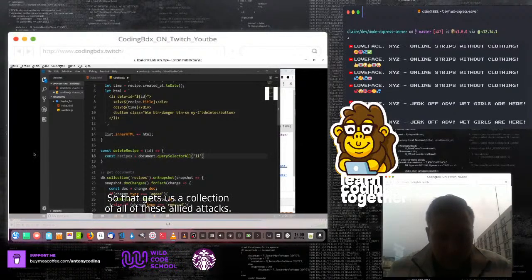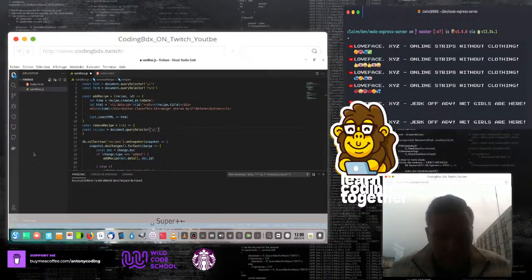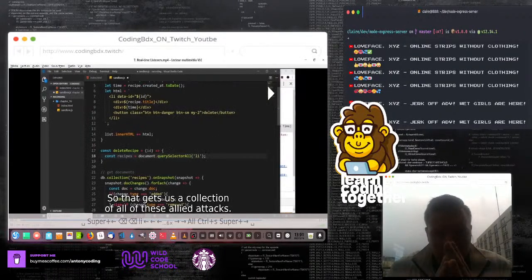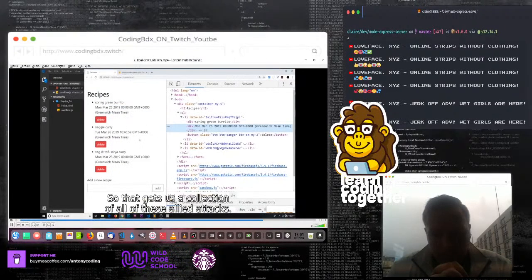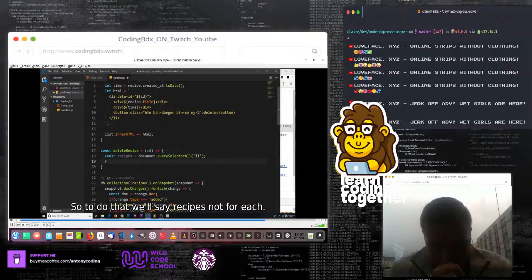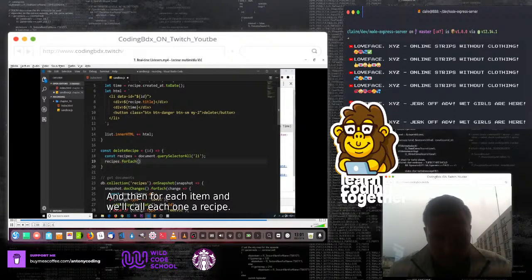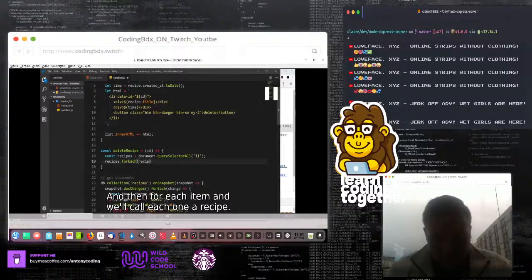So that gets us a collection of all of these li tags. Then we want to cycle through those. So to do that, we'll say recipes.forEach, and then for each item, and we'll call each one a recipe, we want